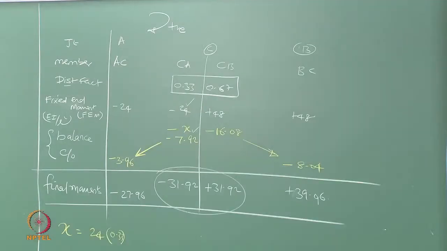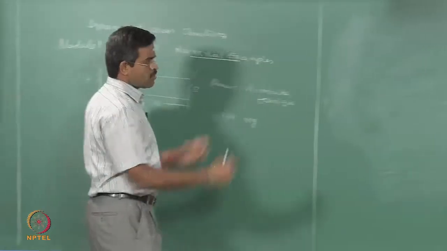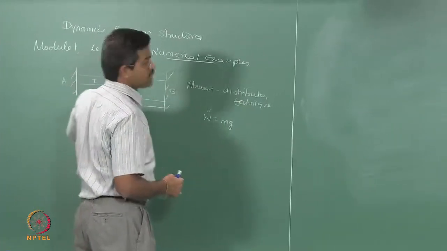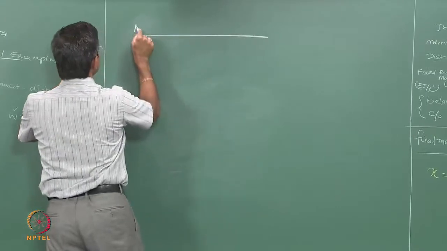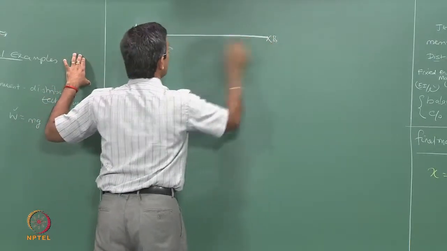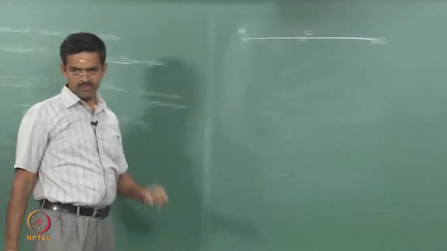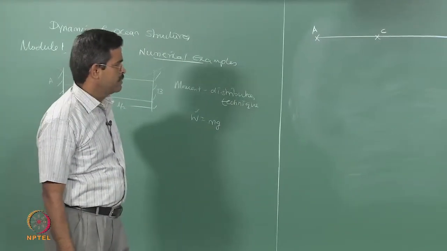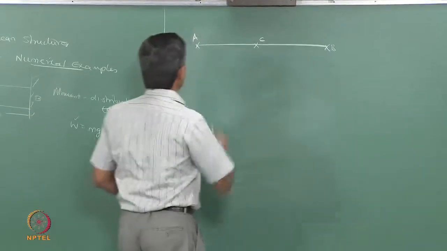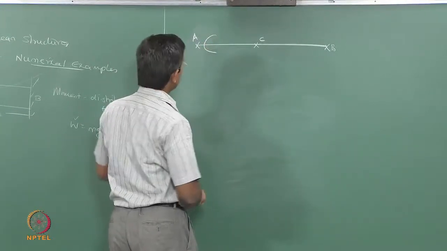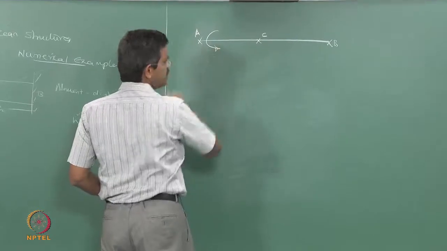Okay, I will remove this. Let us draw these values graphically in the same problem here. So, this is A, this is B, and this point is C. We already know clockwise is positive. So, I get anti-clockwise at AC. So, it is negative, therefore, it is anti-clockwise, which is